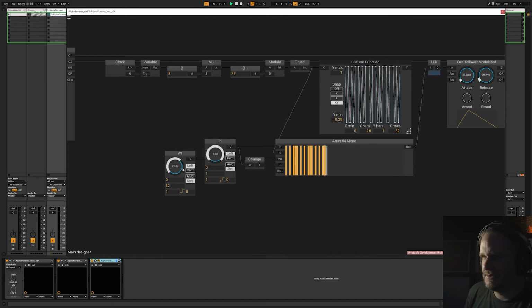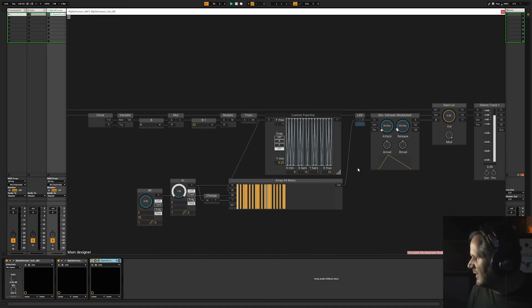So this array is a bit finicky to use like this, but if you would use a controller for this, which I have here, and I don't know why I'm not doing it like that, then this would be pretty much convenient for that. But I'm not doing it like that now, and I'm doing it like this. And all right, and yeah, if I play the pad,